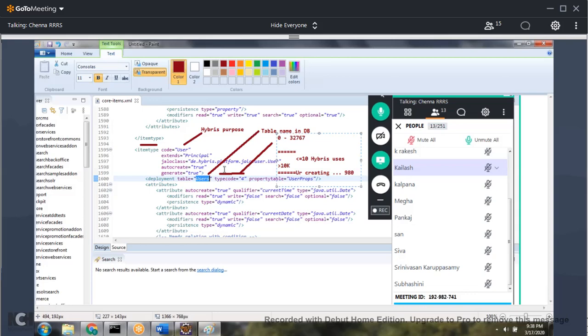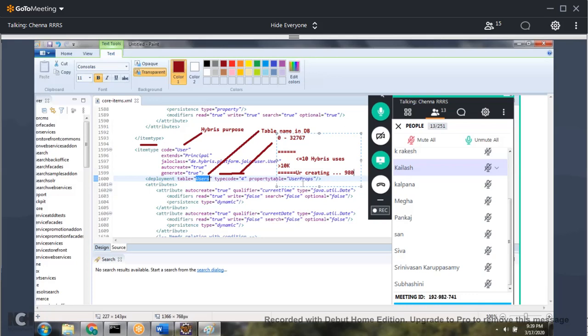The reason is tomorrow when they upgrade, they might use this 980 again, and at that time your changes will be lost. That's why Hybris clearly says use the number after 10K. Below 10K is for Hybris purpose. Even though some number is available, don't use it.